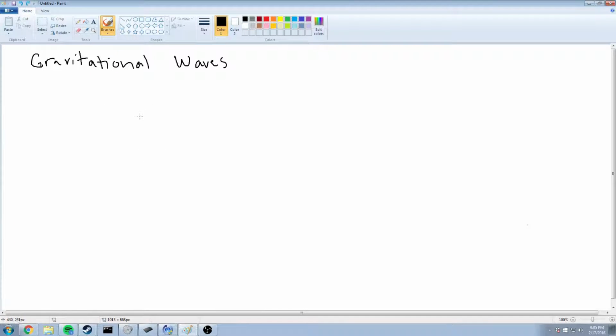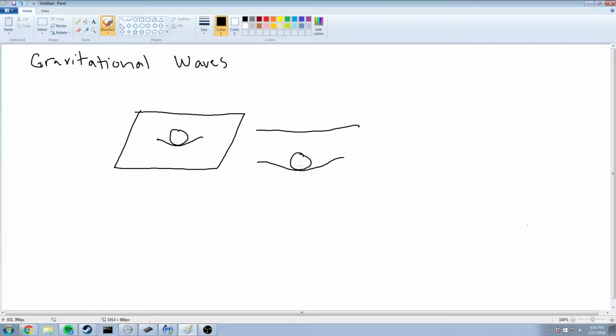So, first let's imagine space-time, which is a fabric that covers the whole universe. Imagine a sheet of fabric like this. When you put mass on a fabric, it bends the fabric around it. It'll make it curve in. So that means that mass affects space-time. It causes space-time to bend like this. So if this is our sheet and you put a mass on it, it'll bend like that, and it'll affect